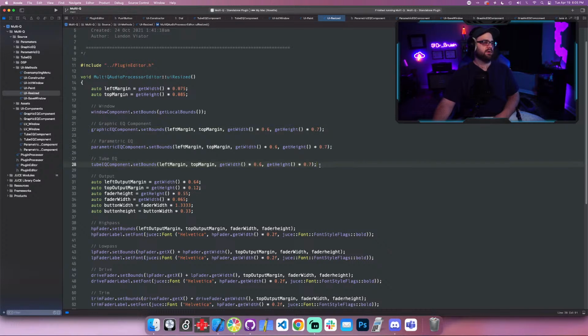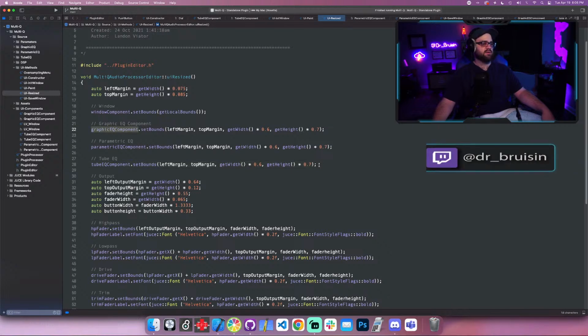And what happened was, this works fine before the audio processor was passed to them, and is being passed to them so that I could use the attachments, right? So when I was working through them, none of them had the audio processor passed to it, and then I passed it to the graphic EQ, and it hit some kind of assertion saying that they were drawn in the same place, like two components were drawn in the same place. And I was kind of like,